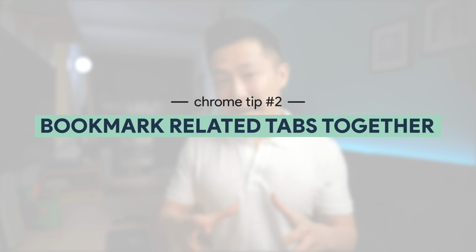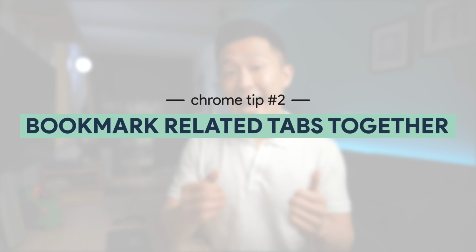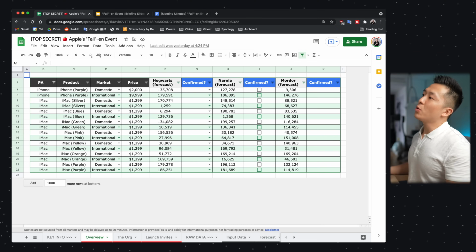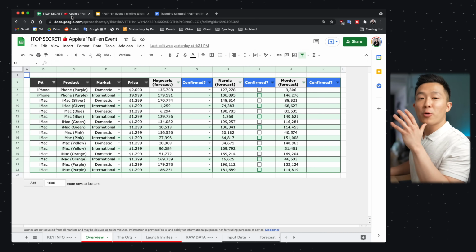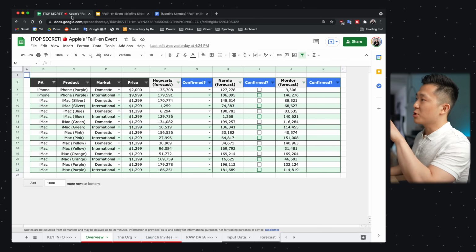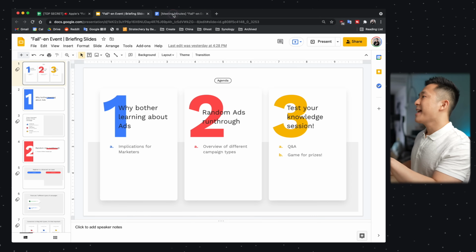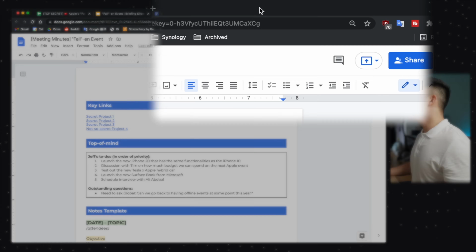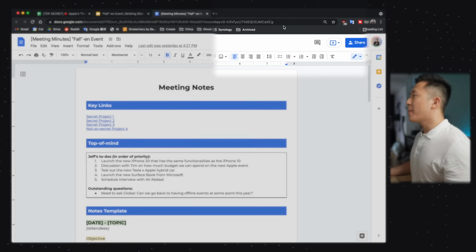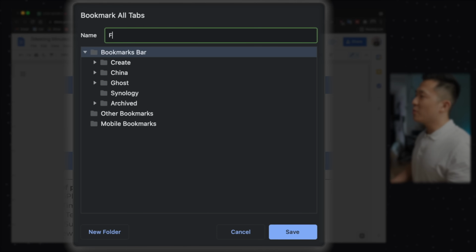Jumping right into tip number 2, bookmark all related tabs into a single folder for easy access. So whether you're at work or at school, you might have multiple websites or online documents for a singular project. In this case, we have a Google spreadsheet, briefing slides, and meeting notes for this one event we're planning to have. What I usually do is right-click on the window, bookmark all tabs, and house it in a single folder,